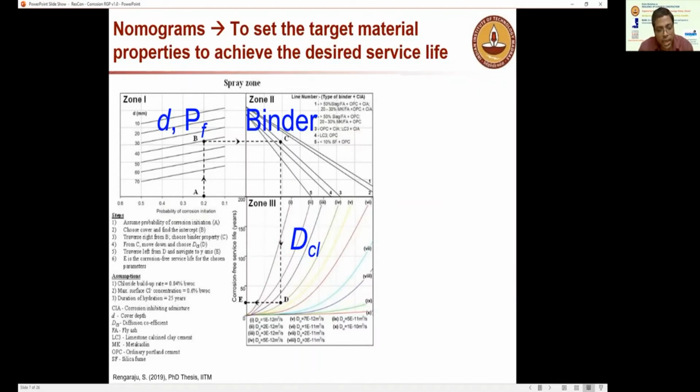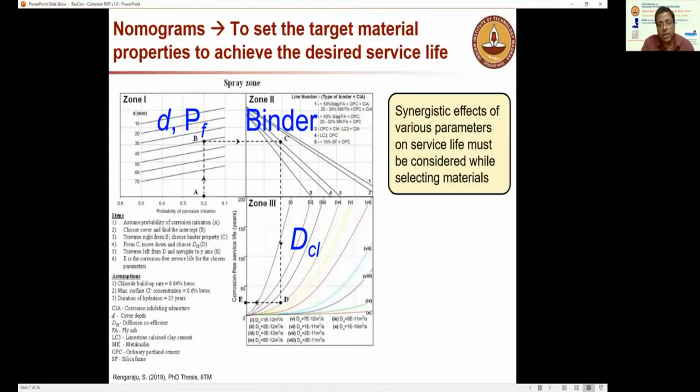And at the site, you have to ensure that the diffusion coefficient of the chloride is as per the target design, the target diffusion coefficient. So that's the beauty of this. From the structural design office to the materials engineer to the field engineer, it's all dependent, then we get a service life. So we have to really look at the synergistic effects of various parameters of both steel and concrete,